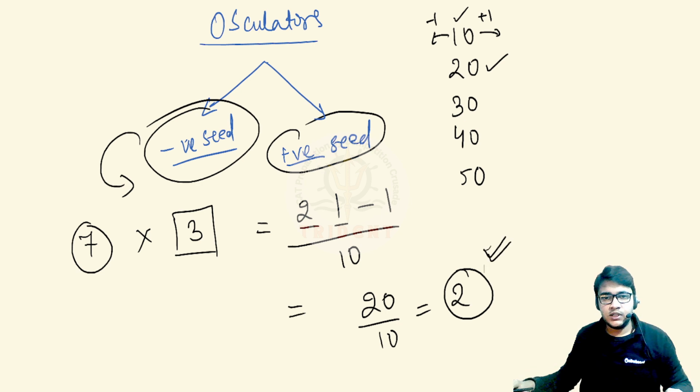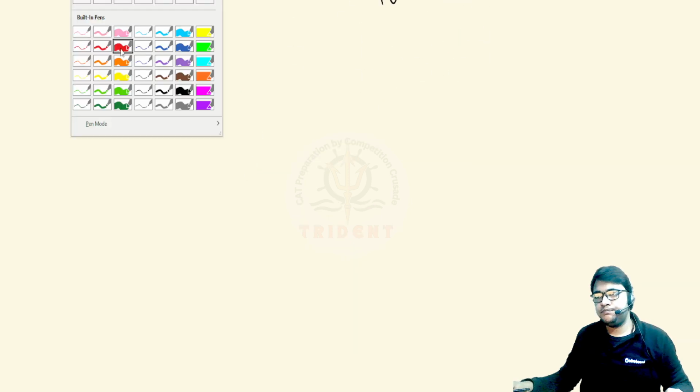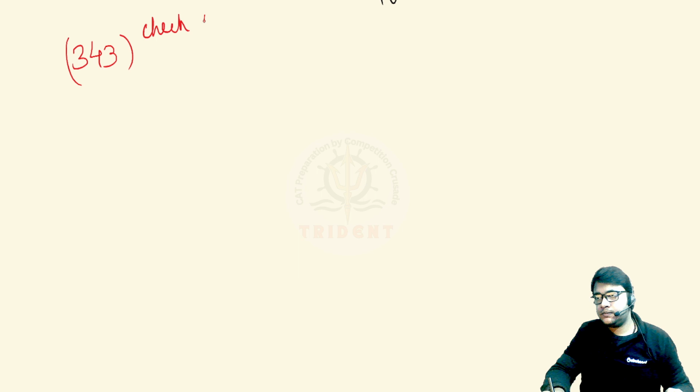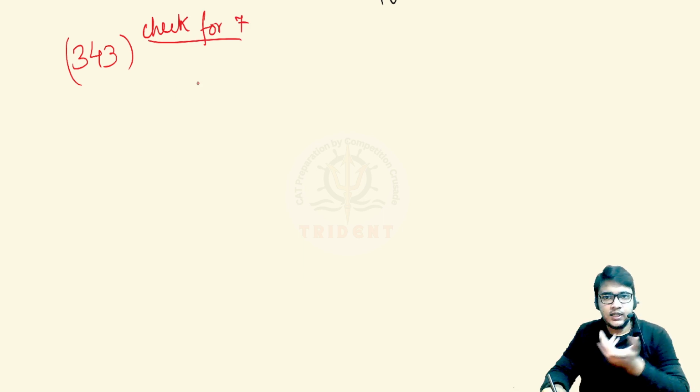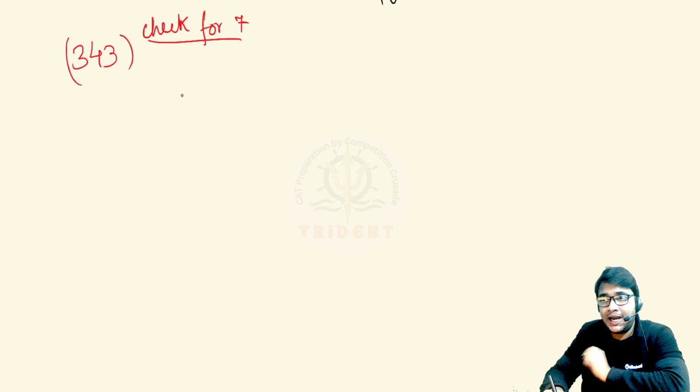Suppose you have a number 343. Let's take the number again. Okay, this is just to feed the curiosity of the students. Otherwise, not required. Yeah, so again 343, need to check for 7. Okay, check for 7. How exactly can we check? This time around we are not going to be looking at adding the number, but we will be subtracting. Okay, so this will be like this: